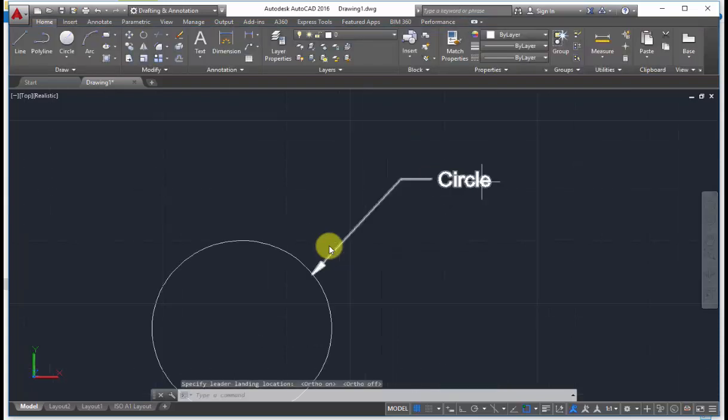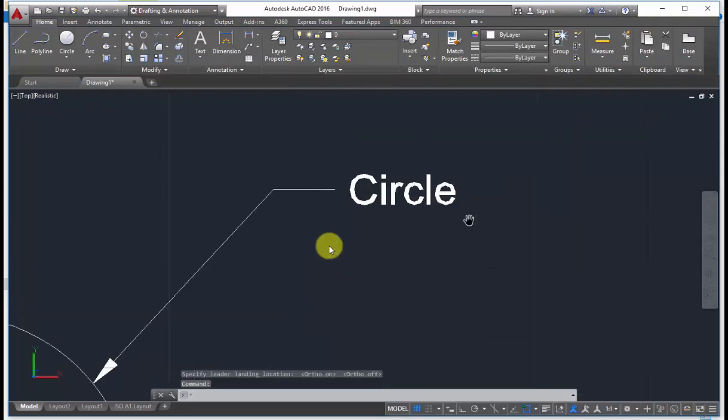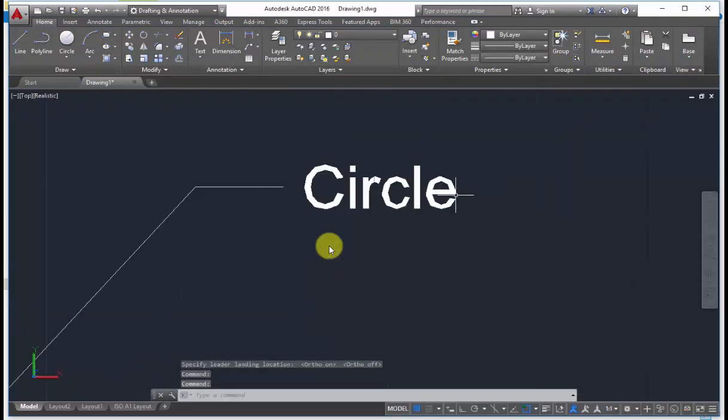Same way again, if you want to edit the text, it is the same as you do for the text command.